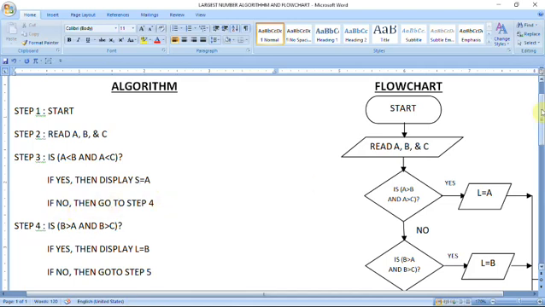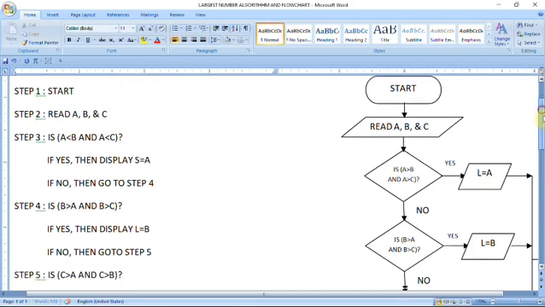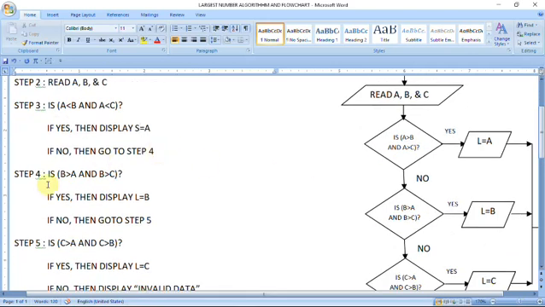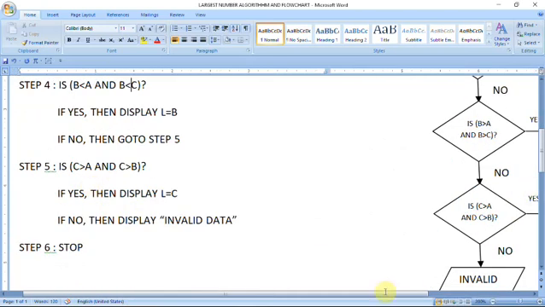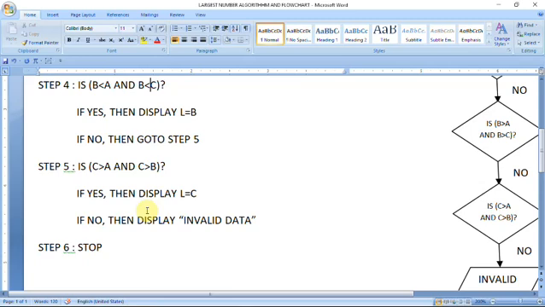If you have watched the previous video, I hope you won't find it difficult to understand. In step 4, you can see another condition is written, and I have to make changes here because we are going to find the smallest number among three numbers. So I have to put the less than sign. Here also the less than sign. I'm only telling how to write the algorithm, and after that I will also tell you how to create the flowchart.